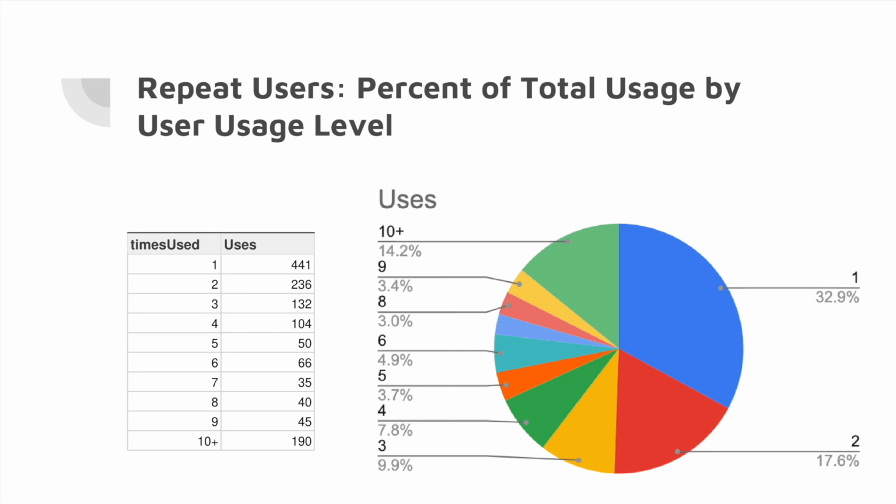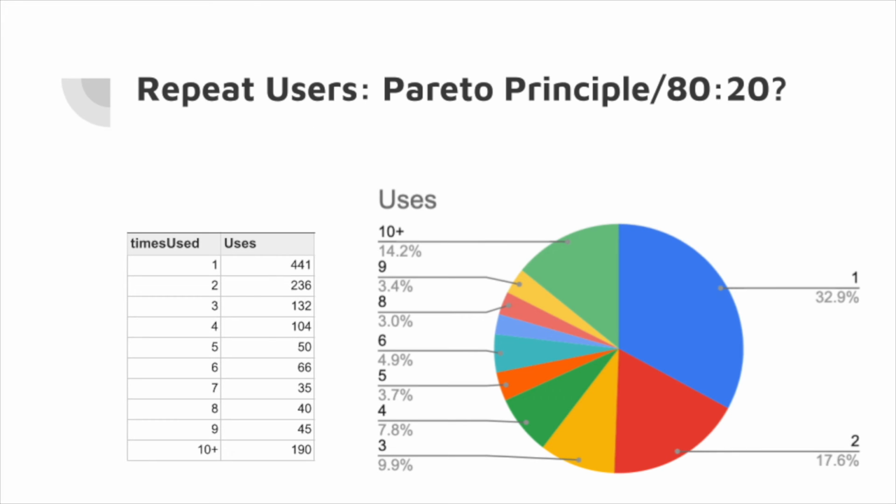This next slide gives us a different way of visualizing the usage that I find a bit more hopeful. This looks at the total number of uses of the service, differentiated by the level of repeat usage. By this reckoning, nearly half of the student usage of this service is from folks who've logged in 3 or more times. This line of inquiry made me think of the Pareto principle, perhaps better known to librarians as the